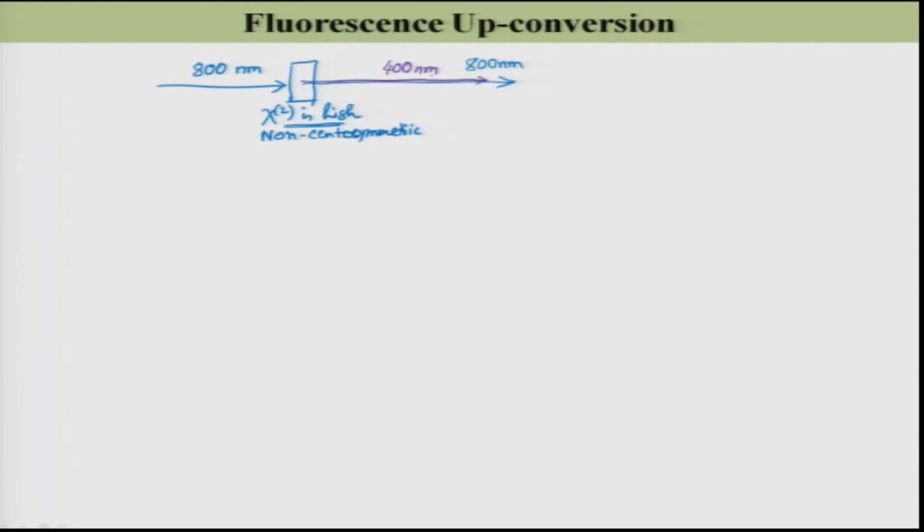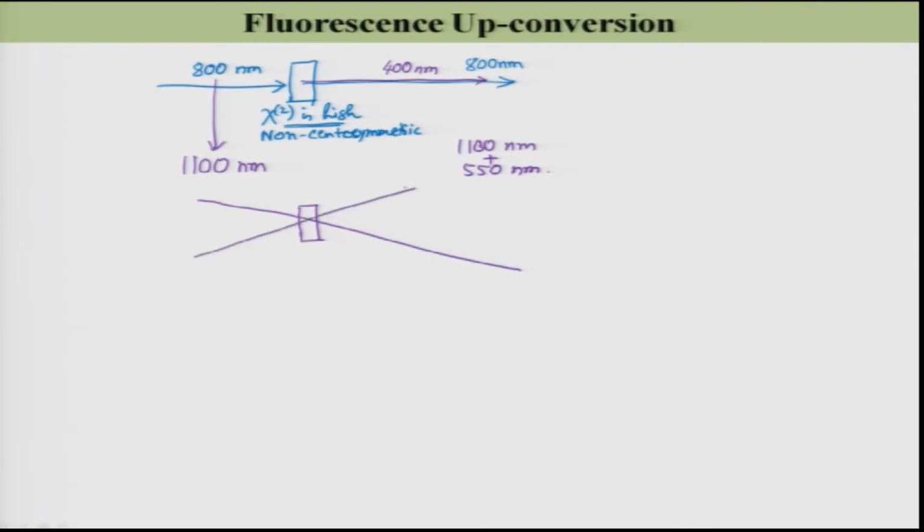nanometer. Simply, if you take not 800 but some other light, let us say 1100 nanometer, then your output will be 1100 nanometer as well as 550 nanometer. Okay. Now, if I do something else, if I take one light along this direction and